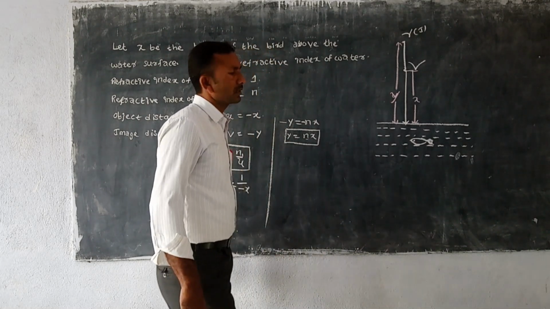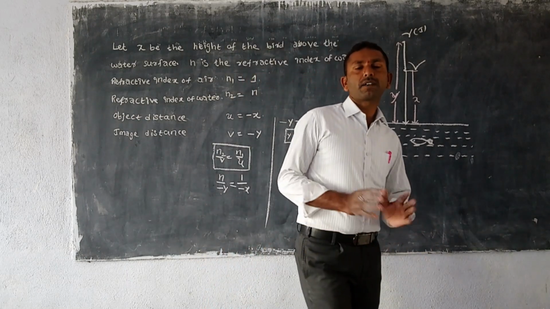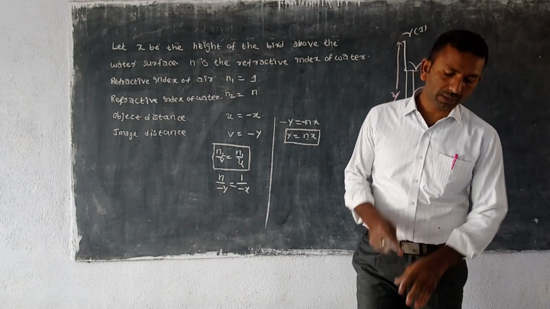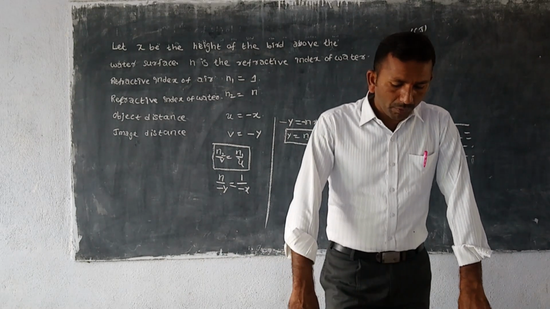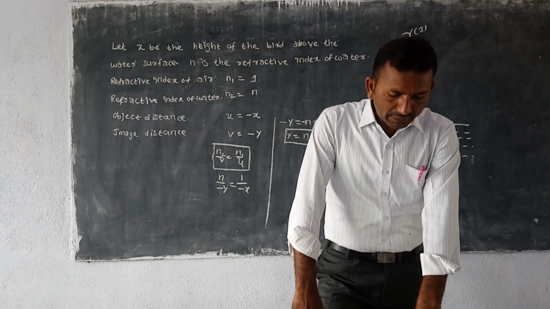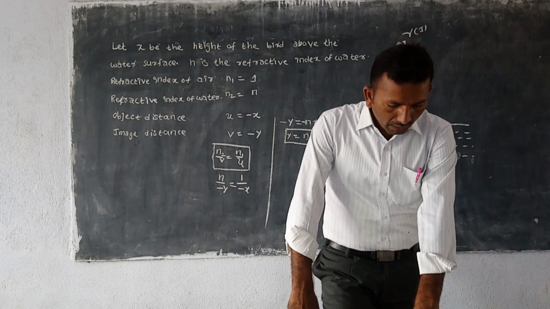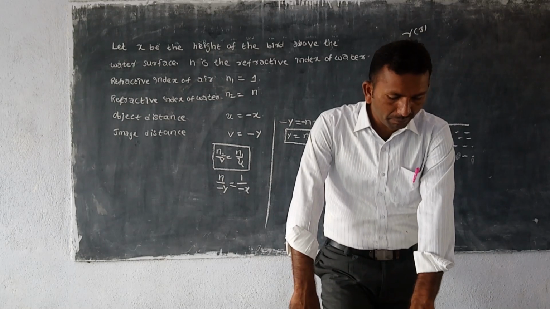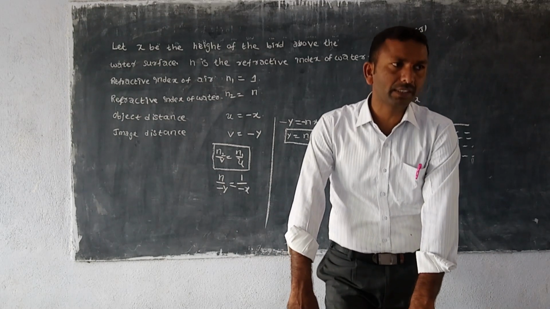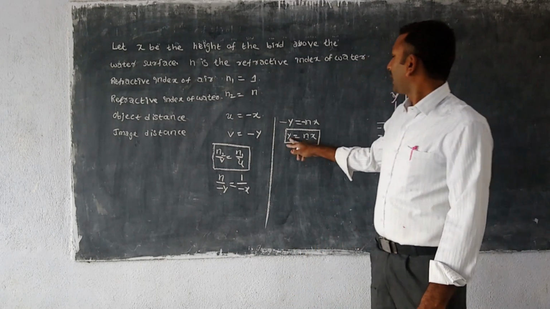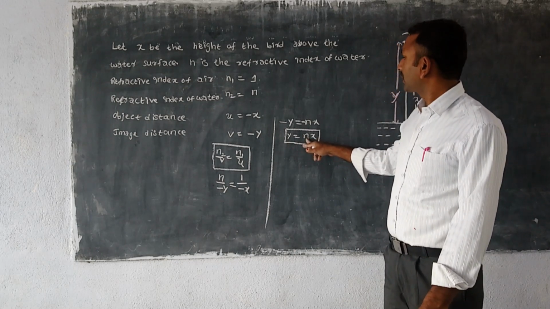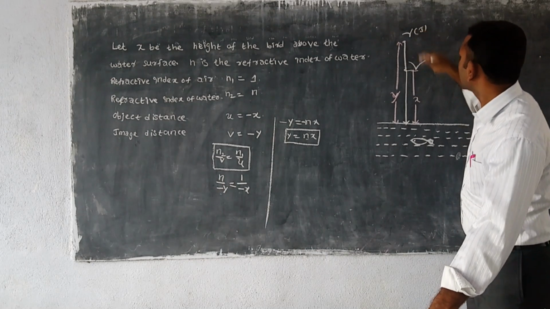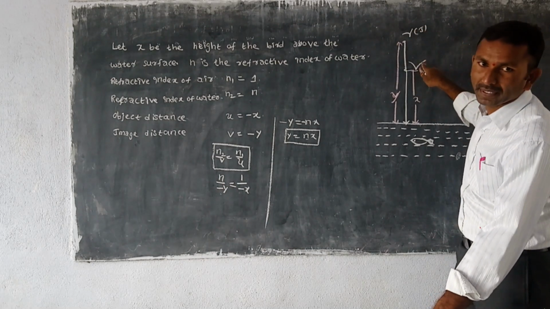So, the next question is, what is the speed of the bird? How can we say that? What is the speed of the bird? In the above equation, we know that n is greater than 1, hence y is greater than x. Thus, the bird appears to the fish farther away than the actual distance. So here the n value is greater than n1. So that's why the bird appears farther than its actual distance.